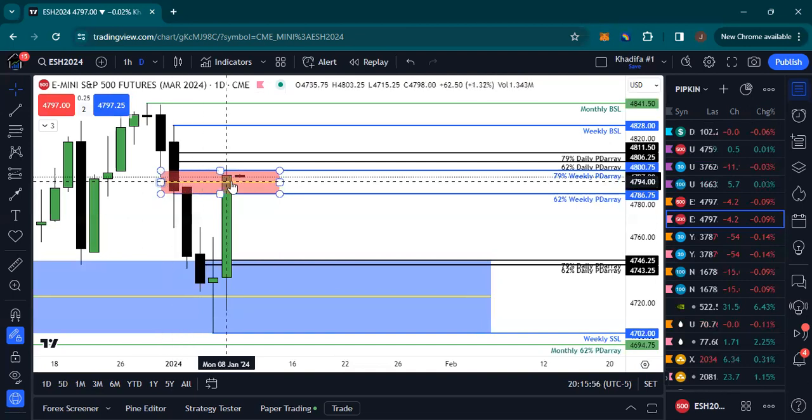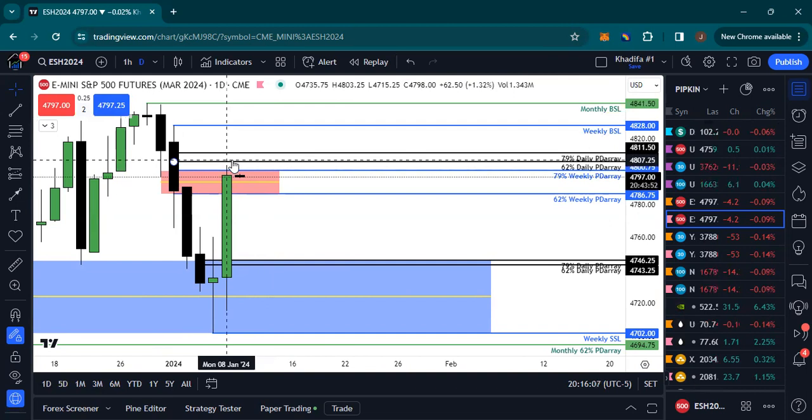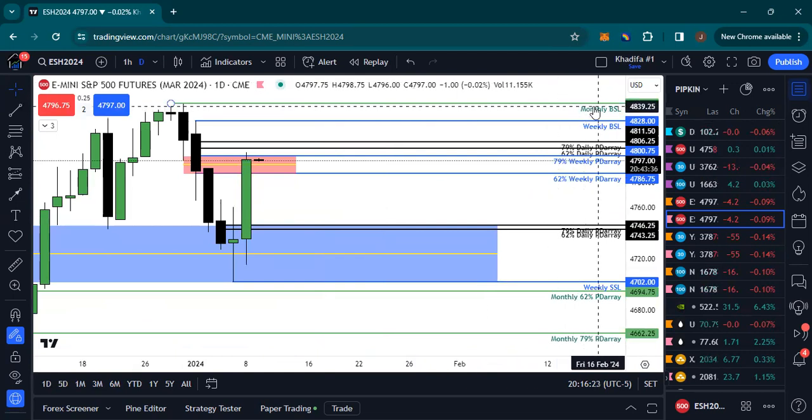If we don't break below the consequent encroachment of the weekly PD arrays, then more than likely ES is just going to continue to run these daily imbalances or PD arrays, should I say, and reach for that weekly buy side liquidity that we see here, right? So we got this monthly buy side liquidity up here,